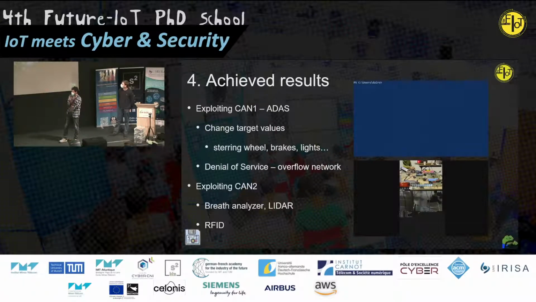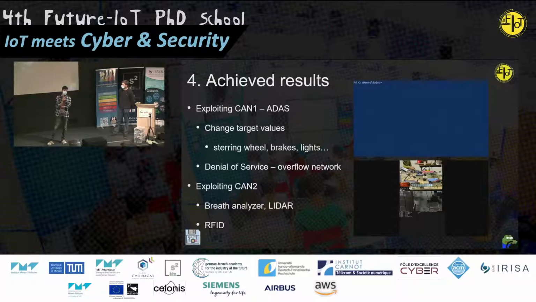A denial of service attack on a vehicle on a critical network itself is pretty dangerous also. A denial of service would mean that the system itself wouldn't be able to communicate anymore. So the brakes wouldn't be able to communicate with the central system or the lights or whatever, causing a crash